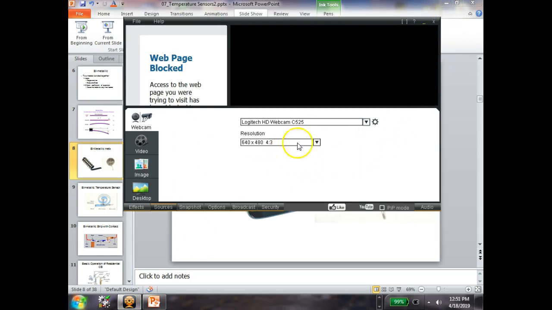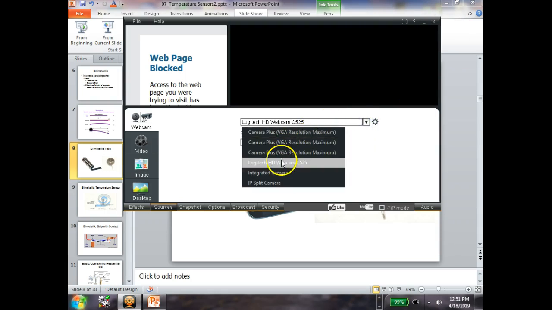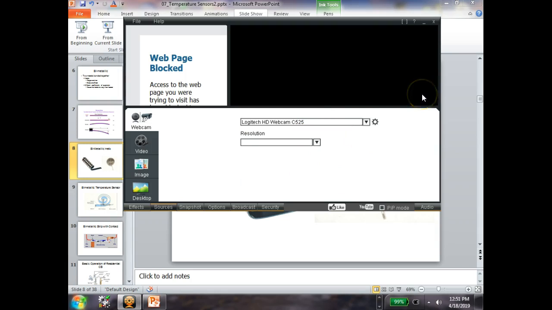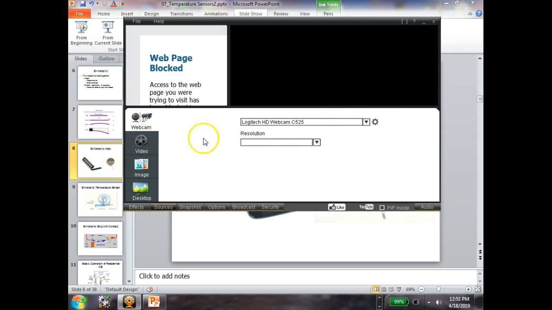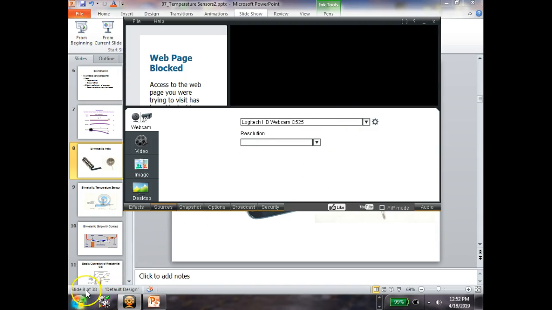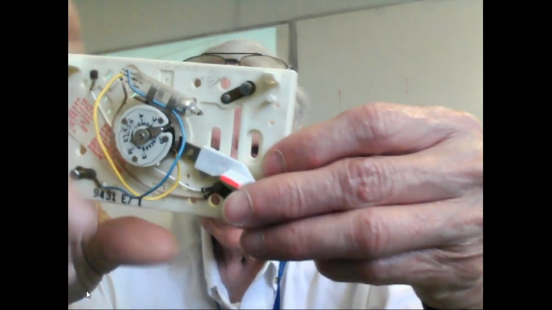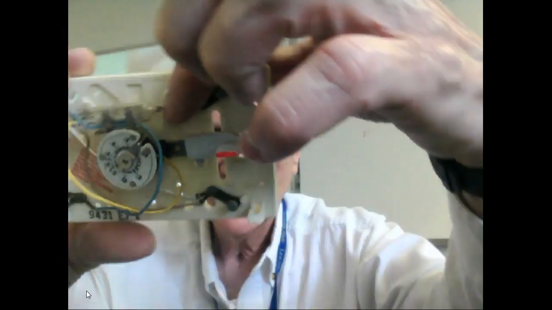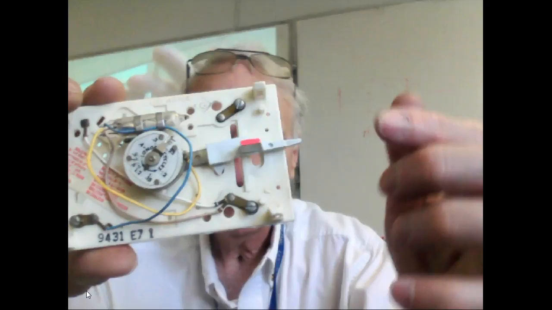This was working. I might have to pass it around, but I sure need to show it. The whole front has been taken off, but this is the way you would set the temperature. Here's the bimetallic strip right here, and it's in a coil. And then at the top, it's got a